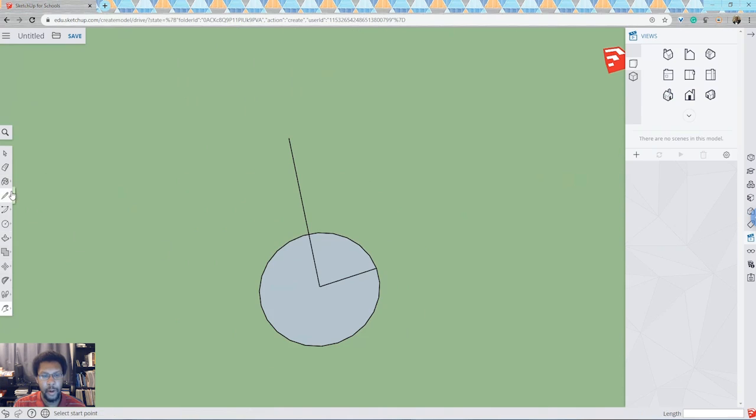So we'll reselect our pencil now that we have it in this viewpoint where we can see both the top of the line that we just drew, as well as the edge of the circle. So we'll select the endpoint right here, which is both the endpoint of this line as well as the edge of the circle. And what we'll do is select it from there and go to the top of the line. It will create this triangle shape that's half of the circle. And if we orbit around, you can see that